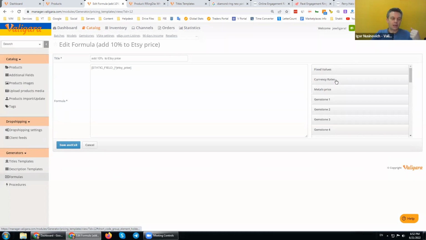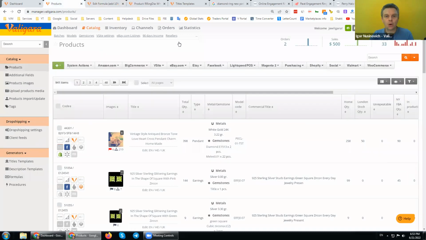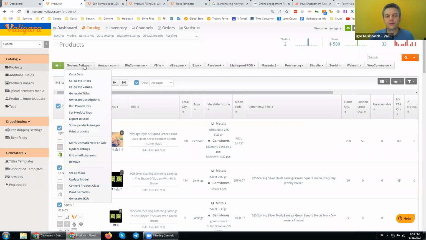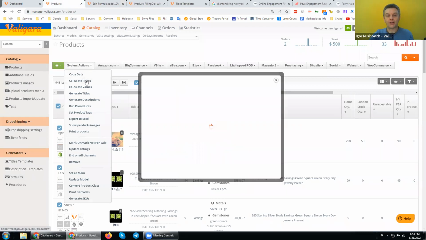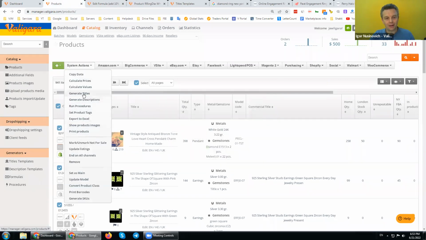Valigara has the currency rates feed, and the metal prices like palladium, platinum, rhodium, and gold and silver. So you can automatically recalculate your prices. It will be useful, of course, in times like now when gold prices change, so we can take all our products, all the 900 products, and then tell the Valigara system the action: calculate values.